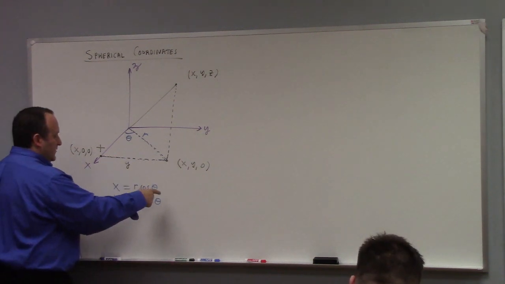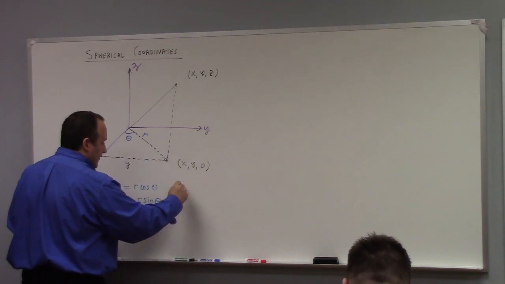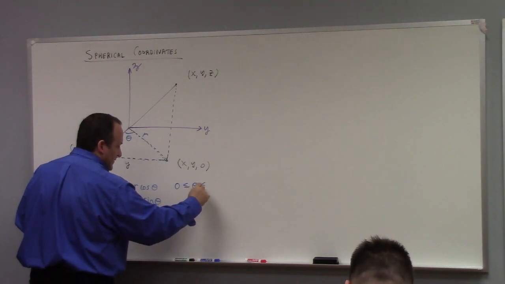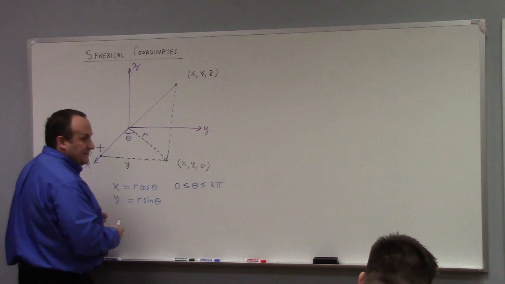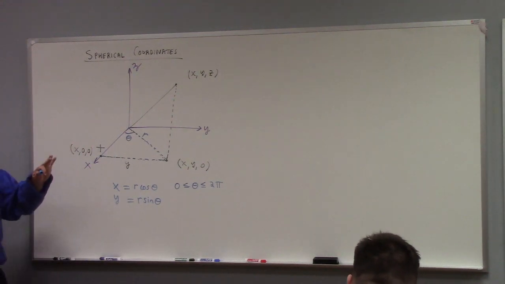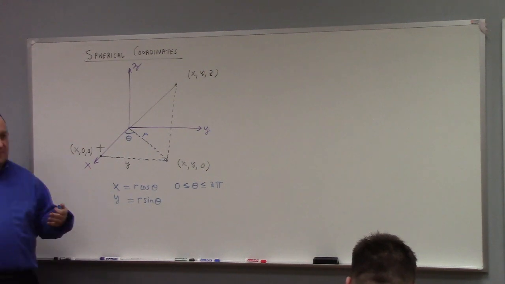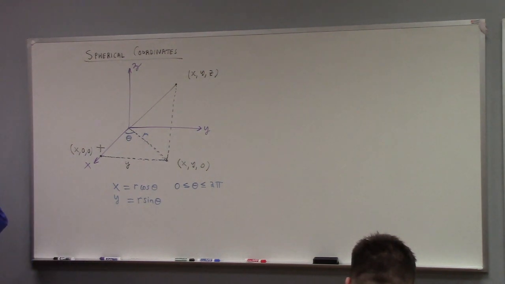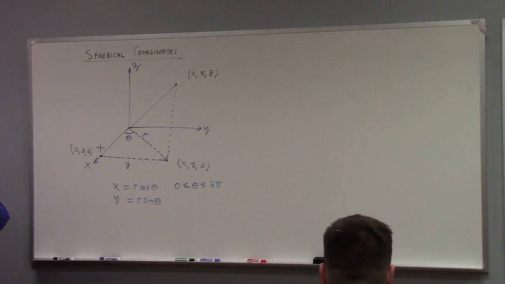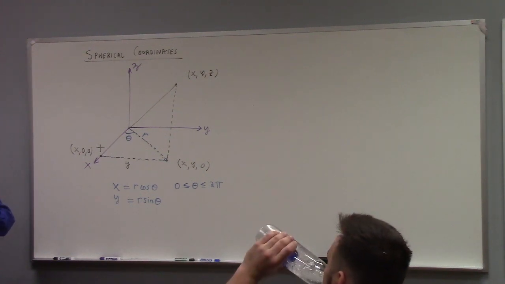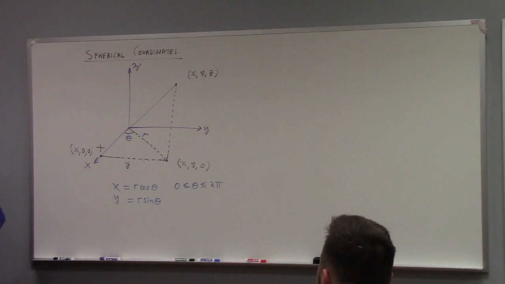Now, I should mention here, what's the range of theta? Choices vary, but here's a good choice. You can go 0 to 2 pi. That is not rigorously enforced. Sometimes we go like minus pi to pi. It depends on what suits our purposes. You guys remember in Calculus 2, sometimes you do integration over theta, where it just made more sense to integrate from minus pi over 2 to pi over 2 as opposed to 0 to pi over 2 and 3 pi over 2 to 2 pi, which would be geometrically equivalent. All right, so there's that issue.